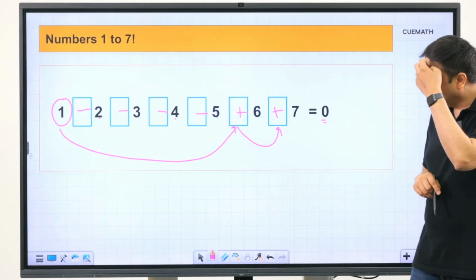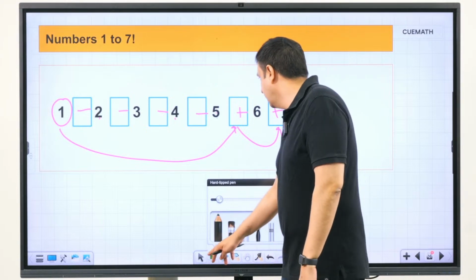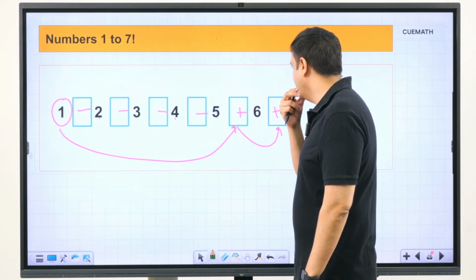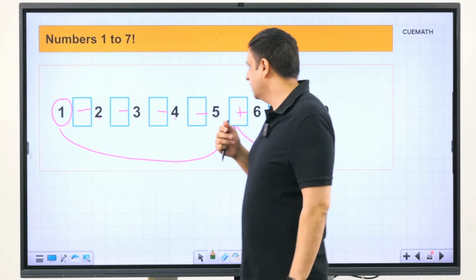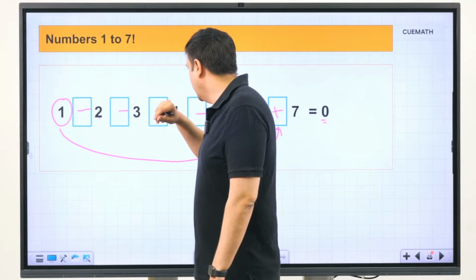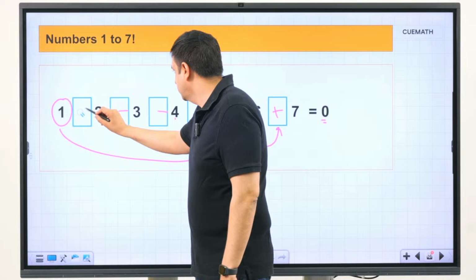So that's one possible way you can get to 0 in this case, but maybe there are other ways as well. So if I place, for example, let's see, if I place a plus sign here, so I have a 1 here, and I can place perhaps, let me just erase these.